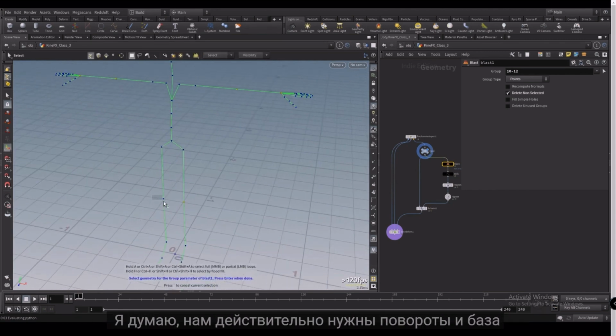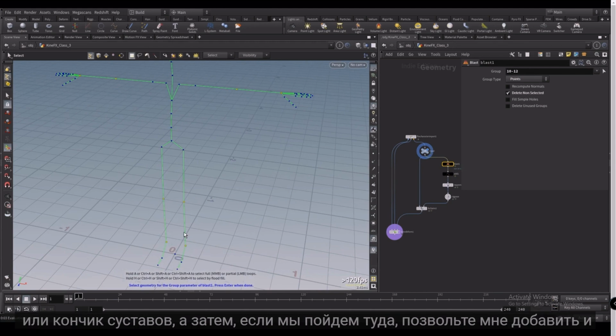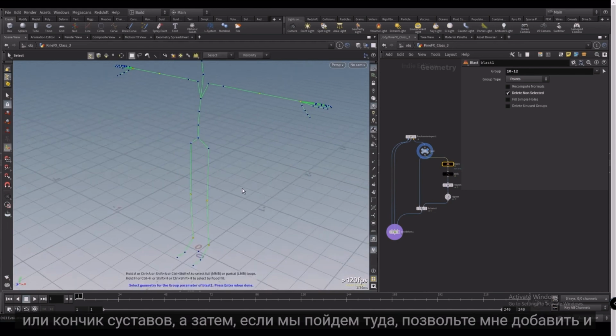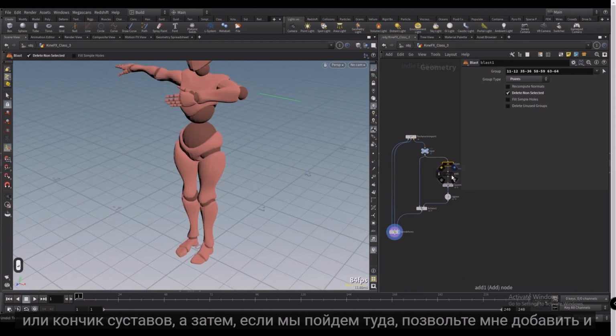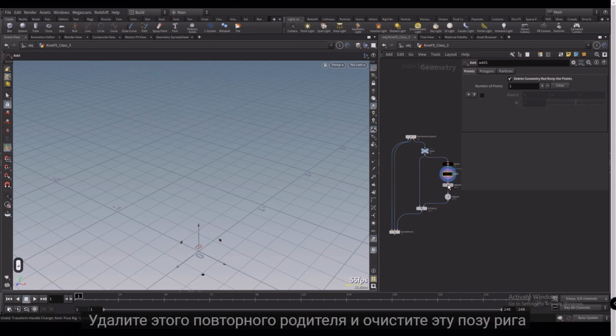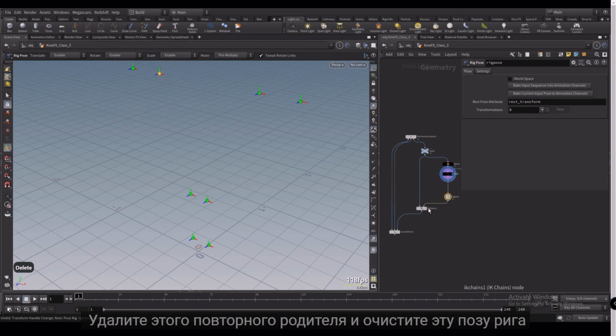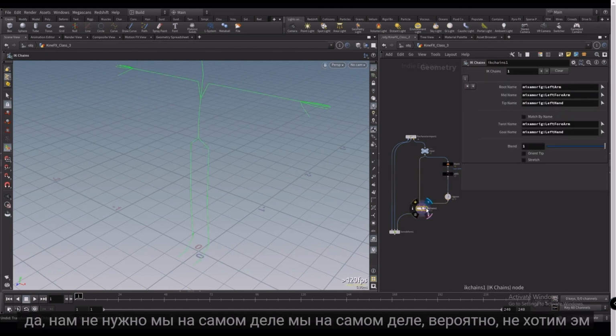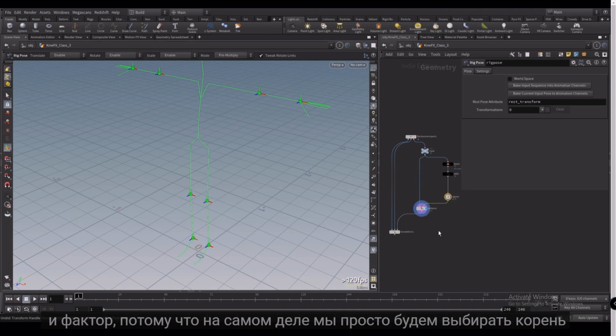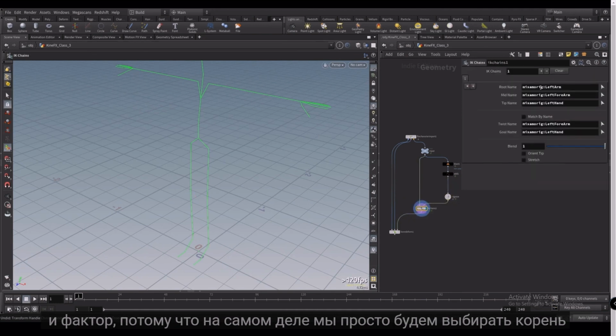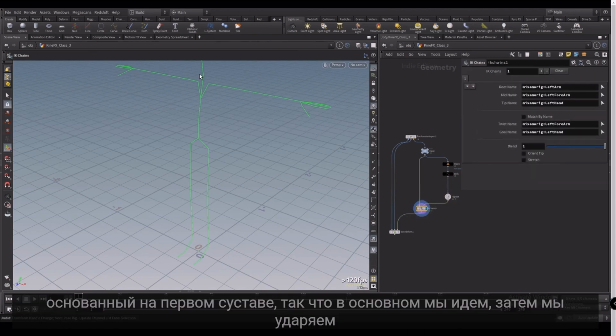I think we really just need the twists and the base, or the tip joints. And then if we go there, we add and delete this reparent and clear out this rig pose. Yeah, we don't need that. We actually probably don't want the effector, because we're actually just going to be selecting the root based off of the first